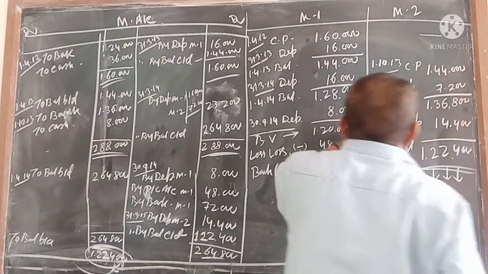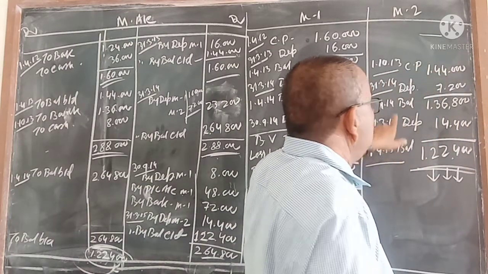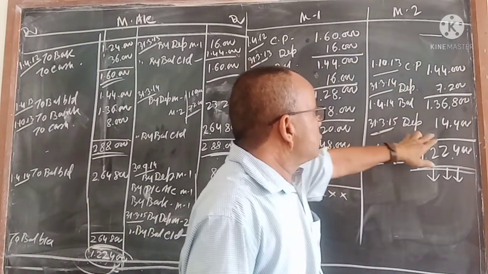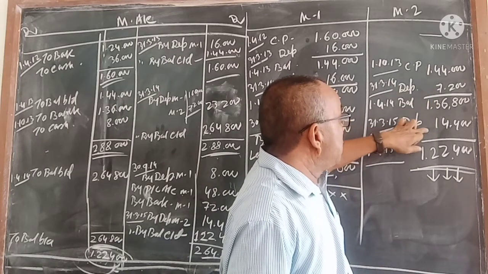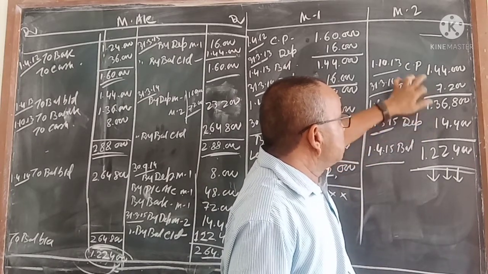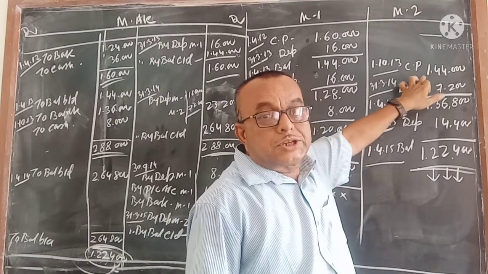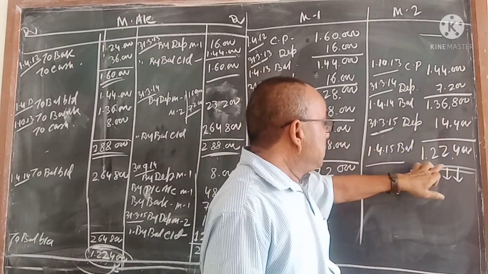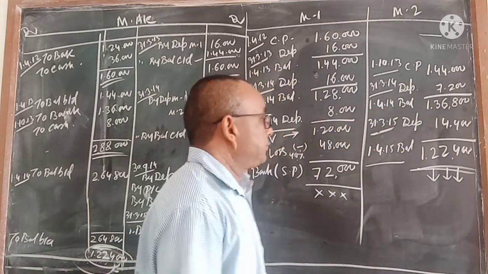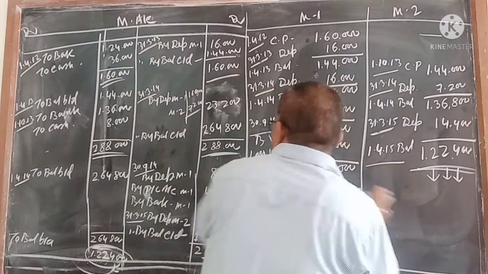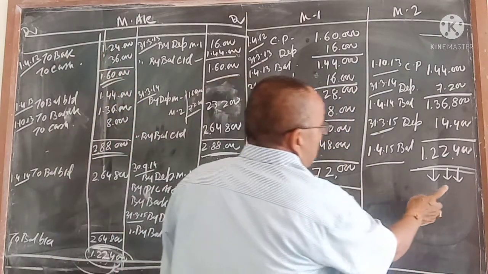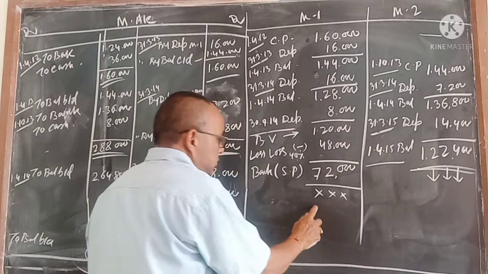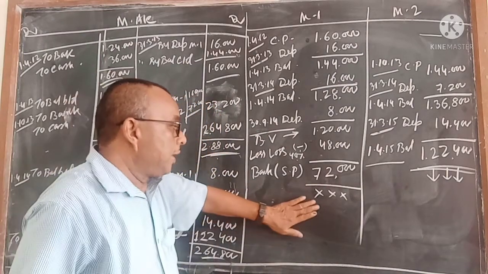And in the third year, you have charged depreciation for the full year. We have used this machine for the full year, so 14,400, which is 10% of 1,44,000, straight line. And if you deduct, you will get 1,22,400. And at last this machine account balance is 1,22,400. Because this machine is sold, no balance you will have.